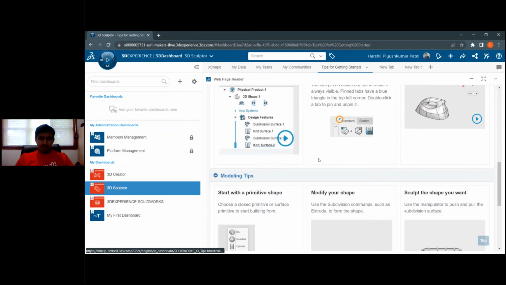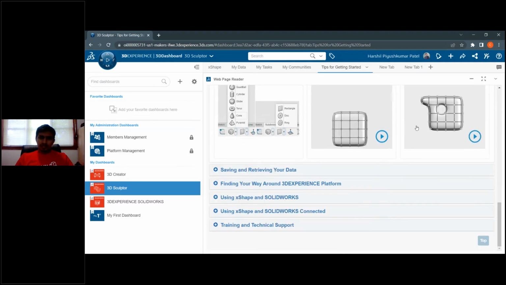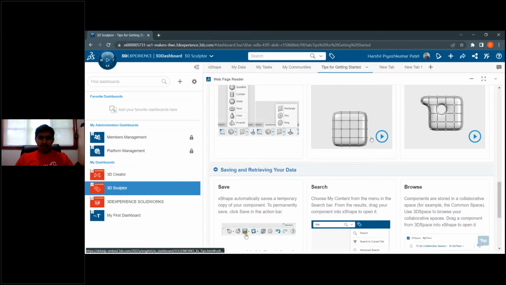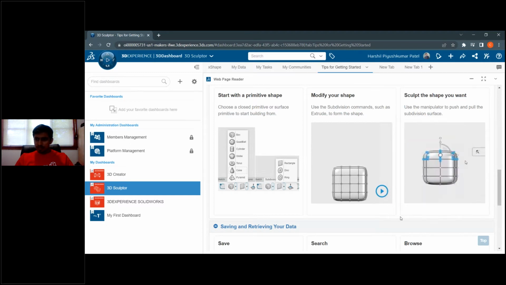So it's easiest, we can add the part as per our need, and we can start creating our design using 3D Sculptor for making any product. So we can see some video for this.